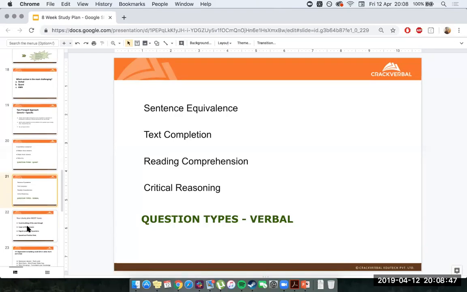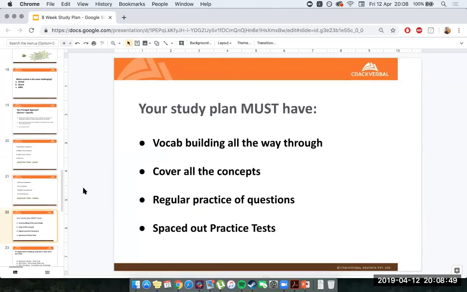Now, what this leads us to is that our study plan must address 4 major points. 1, you need to be building your vocab all the way through. This is generic level prep, and with vocab, ultimately, there's no fixed number. You can get any word from anywhere at any time, and the number of words in the English language are almost endless. It's a crazy amount of words. So in order to build your vocab, that's something you need to be doing constantly. There's no amount of prep where you can say, oh, I did enough vocab. You can always do more. So you need to practice vocab on a regular basis and all the way through.